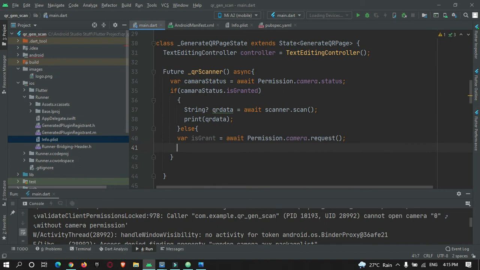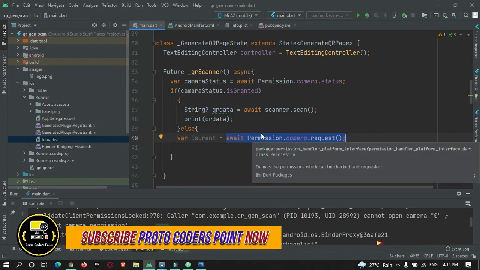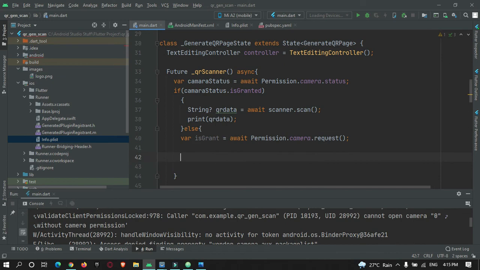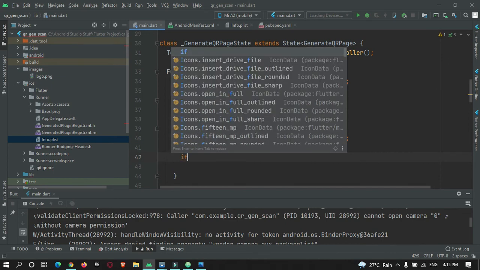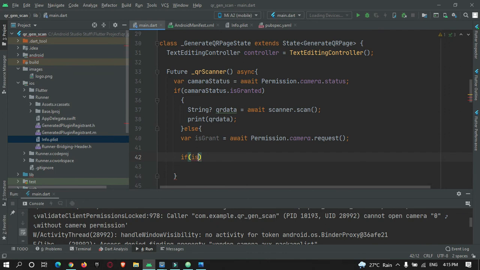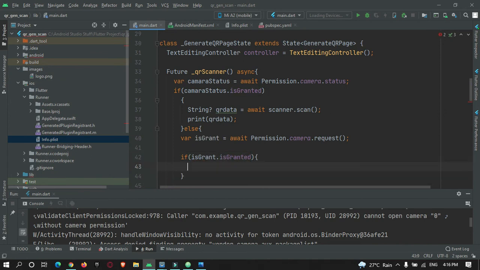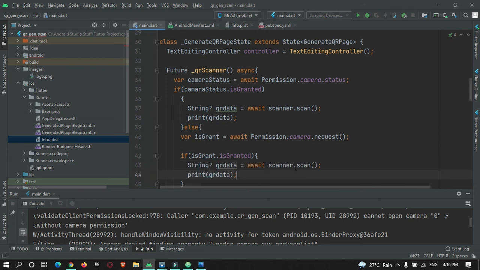This will give a pop-up to the user to allow camera access or not. If the user grants access, this will be isGranted, and by making use of that we can proceed. So if isGrant.isGranted, then again we will show our camera to scan the QR code.